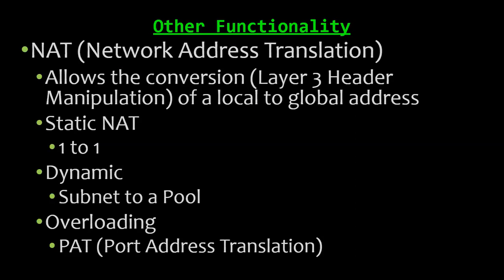So we have static NAT. Static NAT is simply a one-to-one, okay? Whenever the router or whatever, it could be a switch, a layer 3 switch, whatever the Cisco device, IOS device, receives a packet that has this IP address, usually what we're going to call source IP address, we'll get into that, or local IP address, we're going to change it to a global IP address, or an outside address, okay,